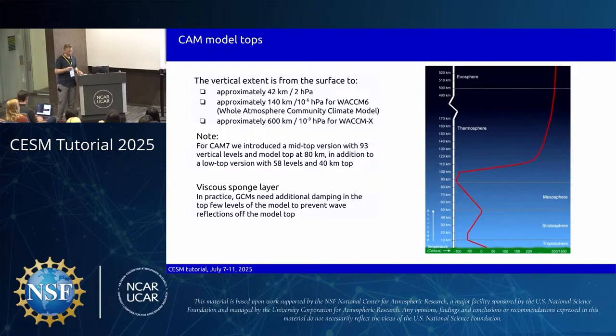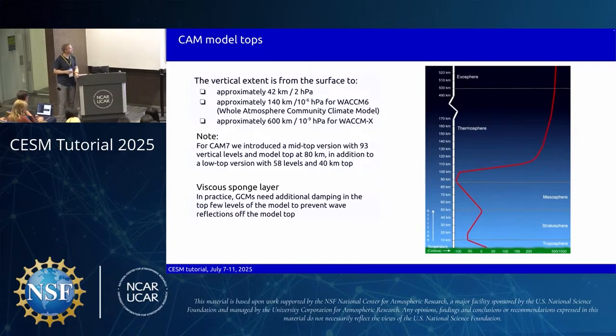We got a lot of complaints for that for a long time, so we finally changed that. Now we have a model top at about 80 kilometers. That has a fully resolved stratosphere, and that's going to be our workhorse for CESM3, so the next version